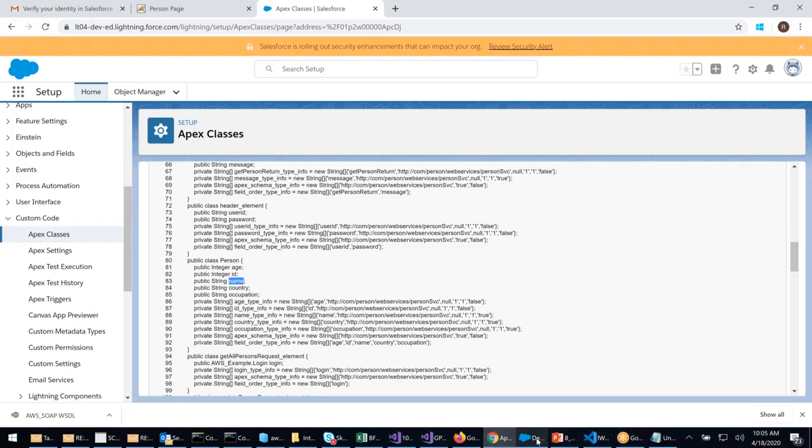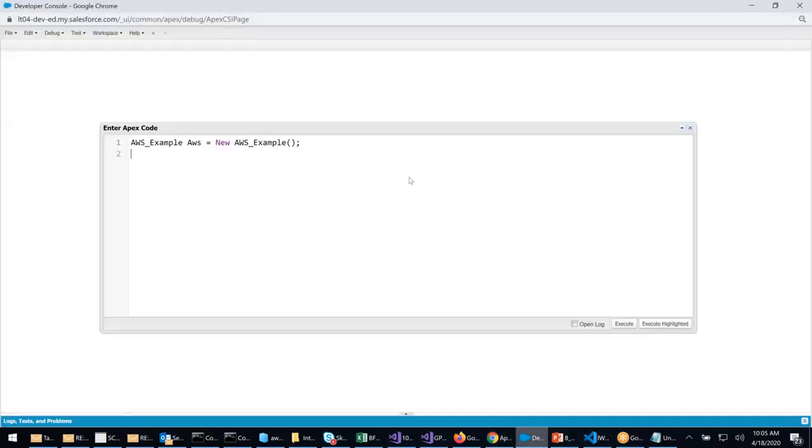So let's go ahead by looking at its format, right? Next, AWS dot age equals to how much? It's a number field there, so don't put in apostrophe, 55. Next, AWS dot name equals to what? Salesforce Ready. His name is Salesforce Ready, right? Name. Next,